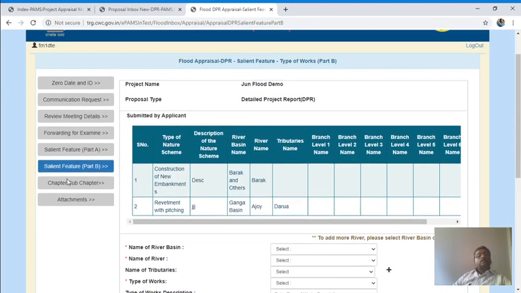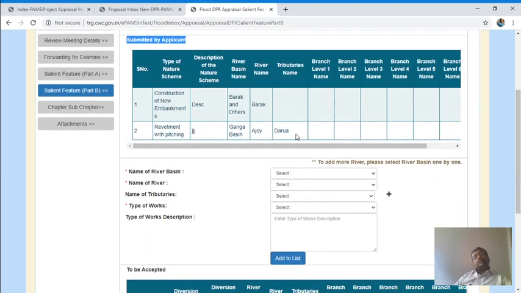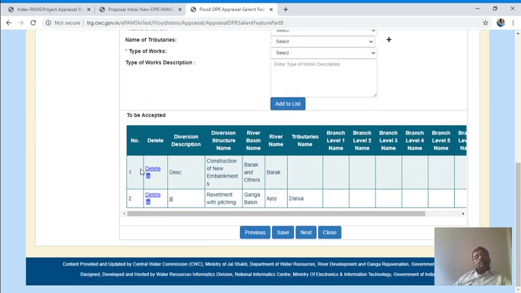Now there is a salient feature. This was filled by the applicant. It is showing here whatever was filled by the applicant. In the same way you can delete or modify it. If you are satisfied, then click next.